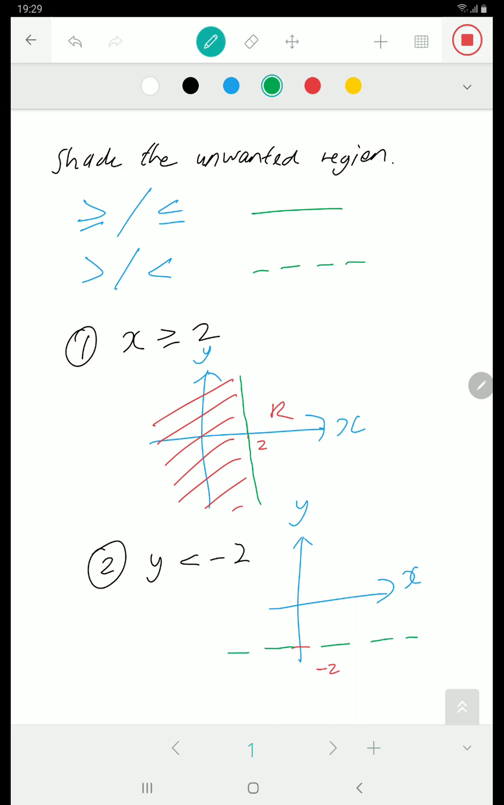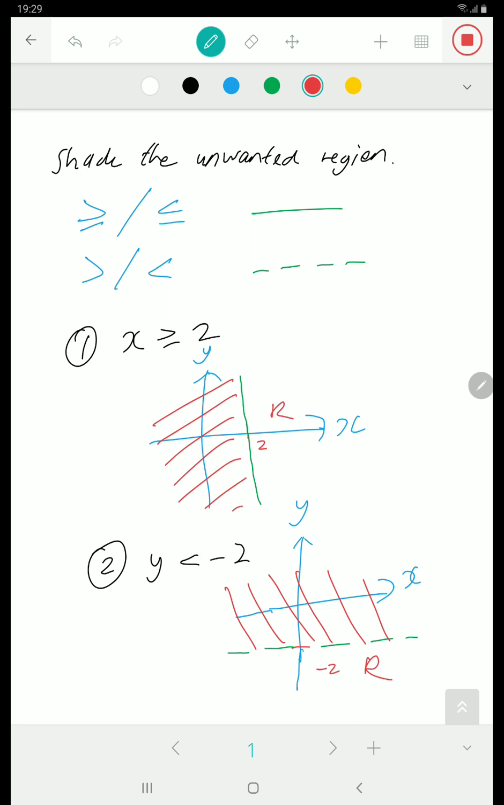Okay, so now the same thing, you look here. Y less than -2, less than -2 supposed to be below it. So that means the region R will be below. So I put here R, and then shade the unwanted region. I shade everything on top. Okay,